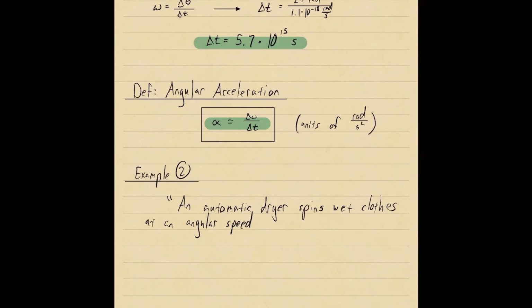So this is an angular speed of 5.2 radians per second. So starting from rest,